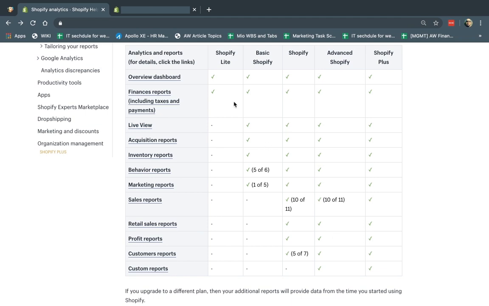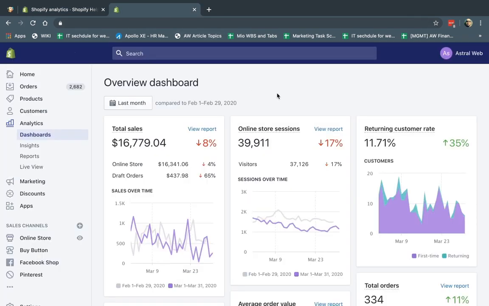Okay, great. So let's jump in. First of all, when you go to analytics, the first page you're going to visit is dashboards. Dashboards is a very simple thing. These are quick go-to reports that show you the quick health and concepts and data about your website, your shop.